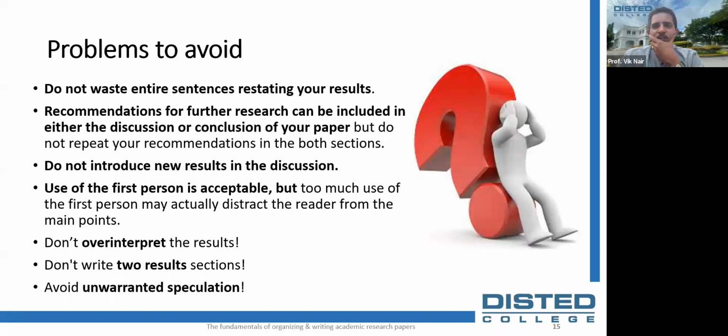What are the problems that you need to avoid? Number one, do not waste entire sentences restating your result. You should remember whatever you write in any academic publication, it has to be very precise and not repetitive. Should you need to remind the reader of the findings to be discussed, use bridge sentences that relate the